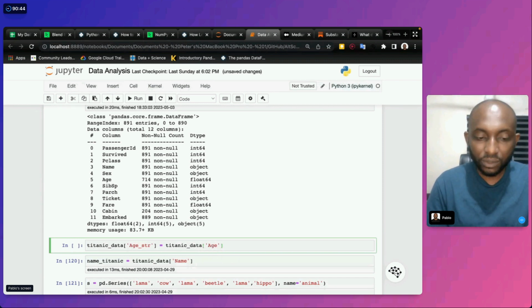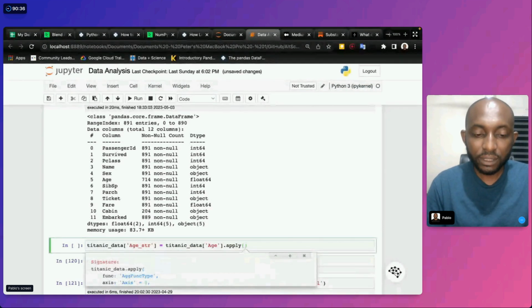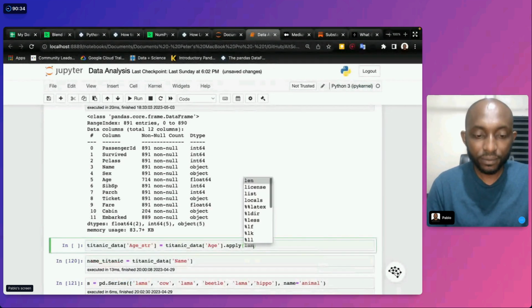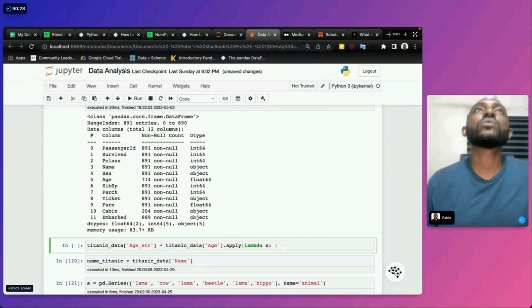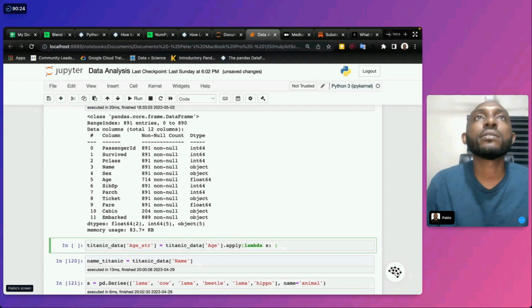Then we are going to apply lambda to it. So let's say lambda x. Now what we want to do is convert something to a string.